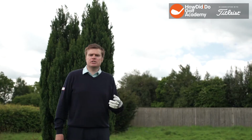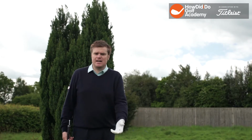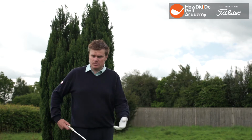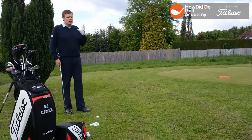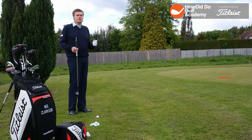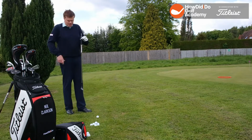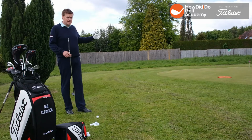And this sort of action produces either ground first contact, a fat shot, or we miss the ground entirely, hit up towards the middle of the ball and the ball goes flying over the other side of the green. And that combination of shot pattern is very debilitating to your confidence. So in order to play the shot well, give ourselves a chance to get the ball close to the hole, get the ball up and down,